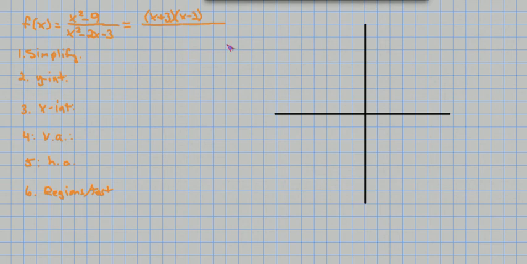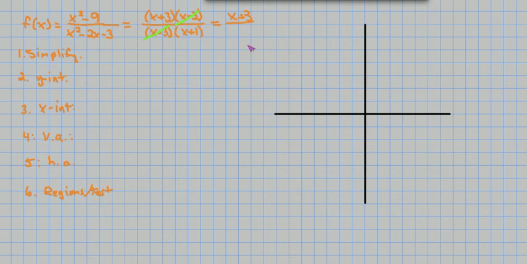And then on the bottom, our denominator, this one actually factors out pretty nice too to be x minus 3 and x plus 1. Now this one you find out something else actually does happen that didn't happen earlier for some of our problems, and this is going to take us back to that idea of the hole. If you look at this one, x minus 3 happens on the bottom and on the top, so that cancels out. So we're actually left in simplified form with x plus 3